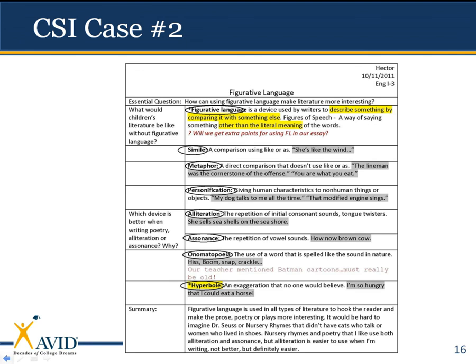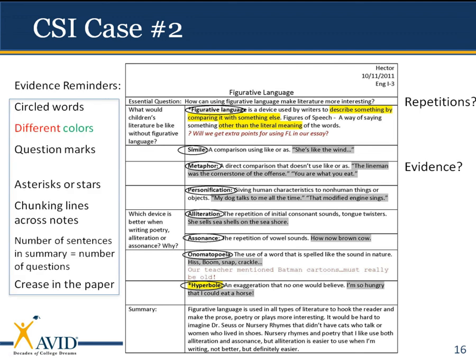What about case number 2? We're going to look at Hector's notes here about figurative language. I know some of you guys are doing most of your notes on your computer or on a tablet. And so some people say, well, we can't do repetitions on Cornell notes if we do our notes on a computer. Well, that's not true, because Hector here showed us, as we look for evidence, he's got circled keywords, he's